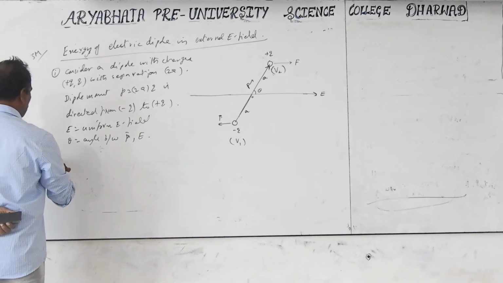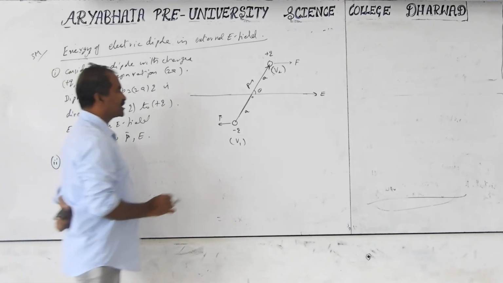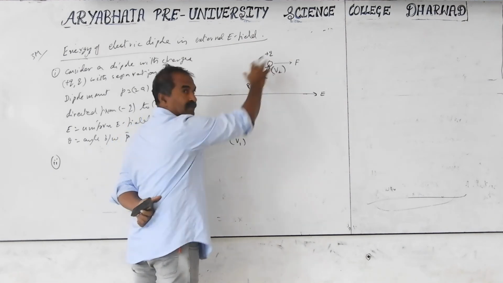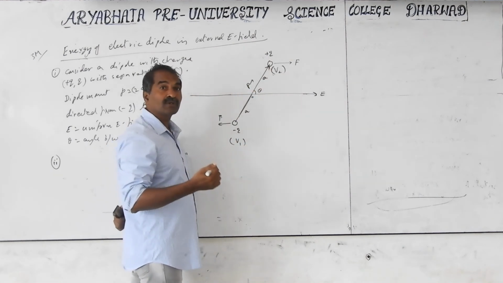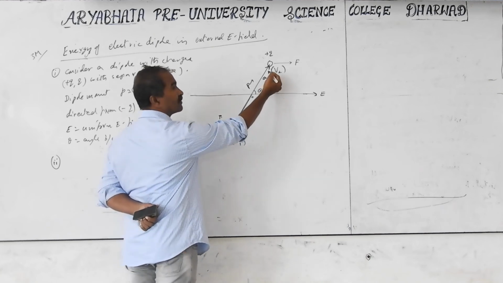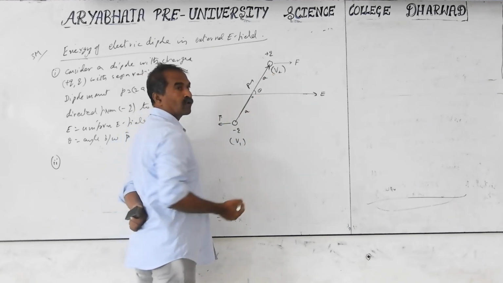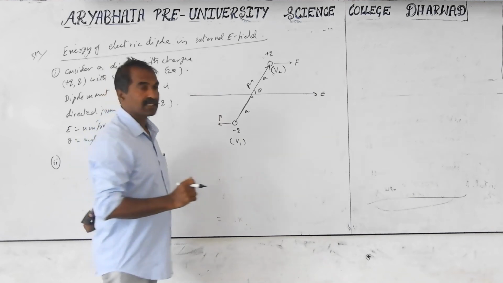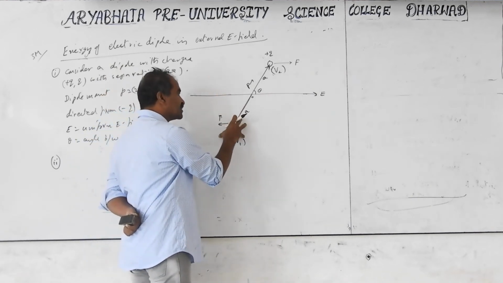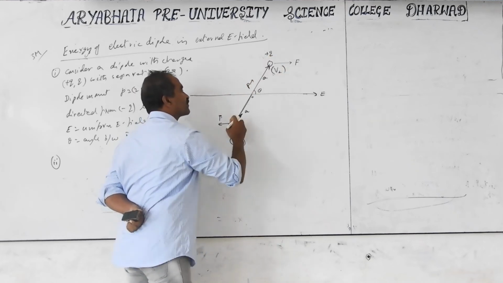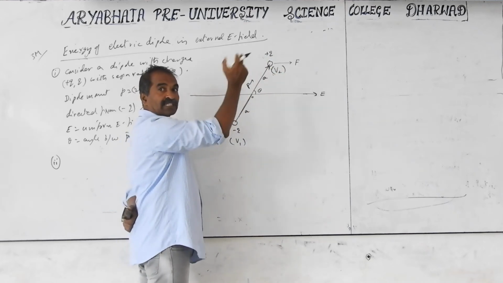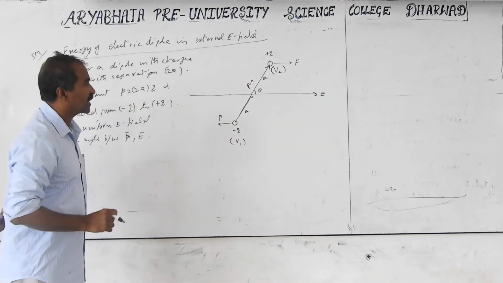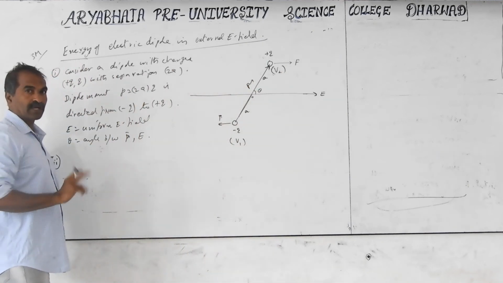Next is potential energies. How many potential energies do we have? One is V1 times minus Q, another is V2 times Q, the energy because of each charge in the electric field. Then we also have the mutual potential energy, Q1 Q2 by 4 pi epsilon naught times the distance between them, because of the two charges of the dipole, which we have already discussed. So there is energy from the external field and from the interaction of the individual charges. But generally we will take it up in terms of torque, because we have it in terms of the theta value.